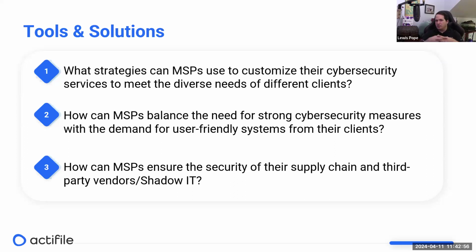Since you're not an intimate part of that back and forth, they still might be doing things in an unsecure manner. They may be providing sensitive intellectual property or other information back and forth, and you may be completely blind to it. Absolutely, that's a challenge.